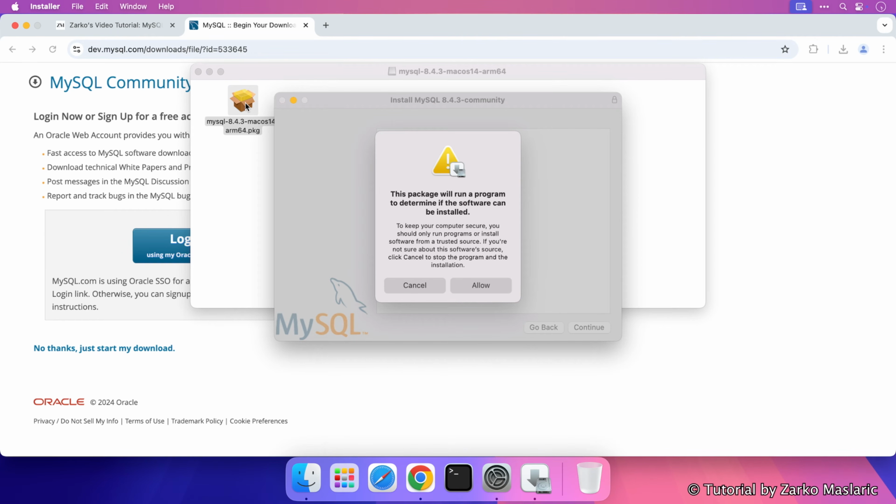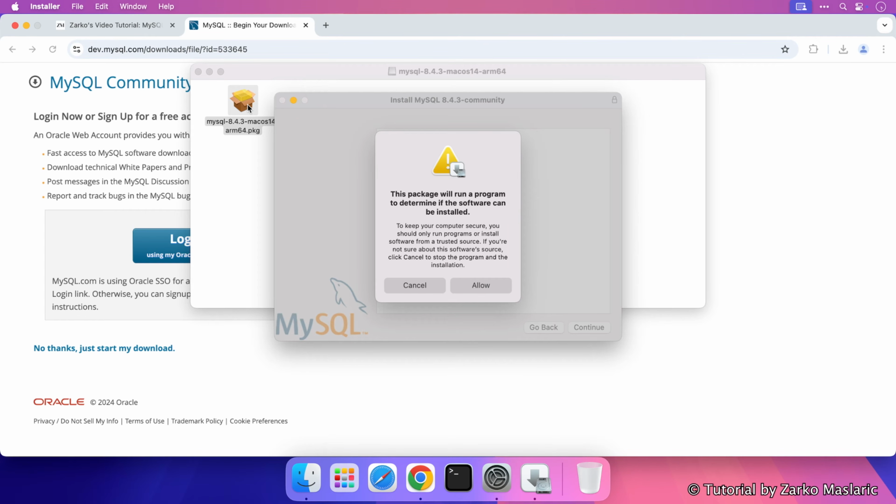Now, at this point, in some circumstances, you might actually see macOS reject to start this installer. It would say something along the lines of it's coming from an unidentified developer, and then you just have an option to click OK and it exits out. Keep in mind, I did not get this currently. Maybe that's because I installed MySQL on this system in the past, or maybe they changed it. But in case you're using an older version and you get that issue where you cannot run the installer here,